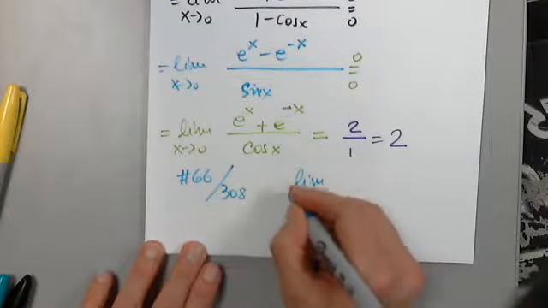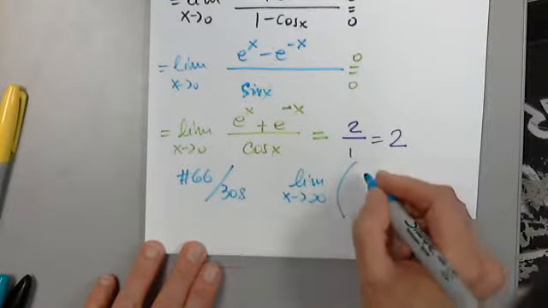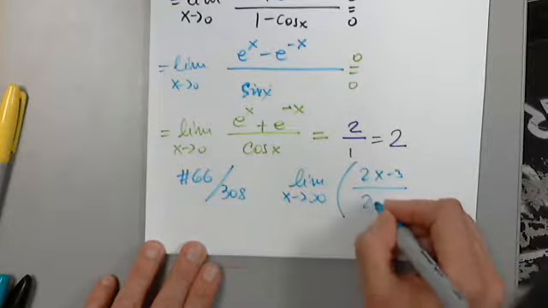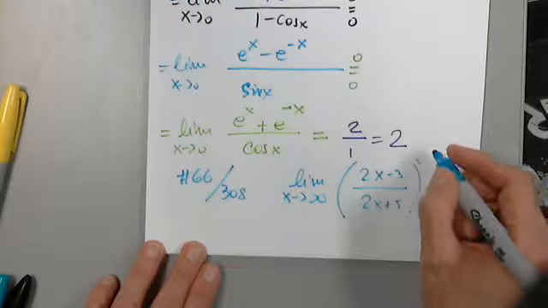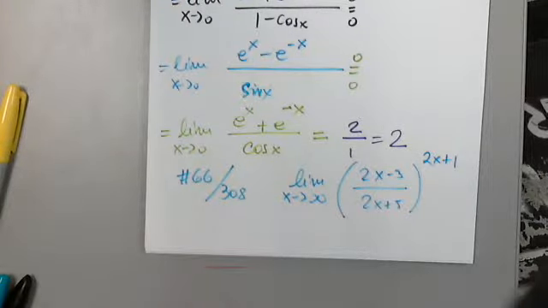So this is the limit as x approaches infinity of 2x minus 3 divided by 2x plus 5, everything raised to 2x plus 1. Well, this is a mess, right? But first of all, it rings a bell. And it was the first problem on our second test. I see a function raised to a function. What was the procedure that we had to think about or apply immediately? The log. So keep that in mind.